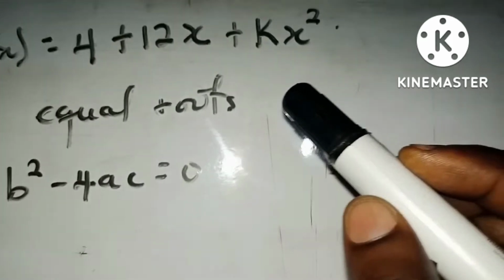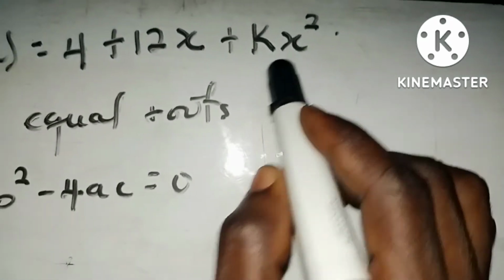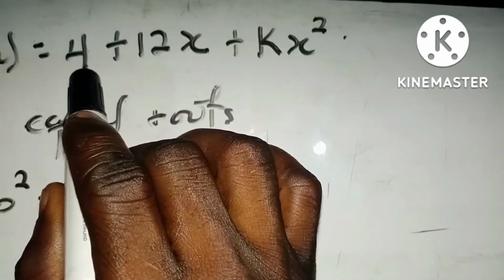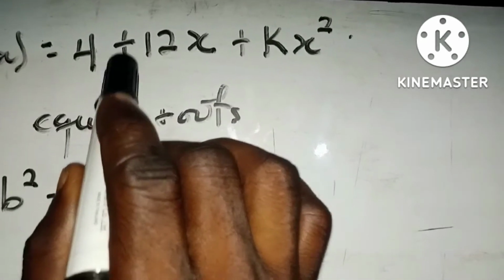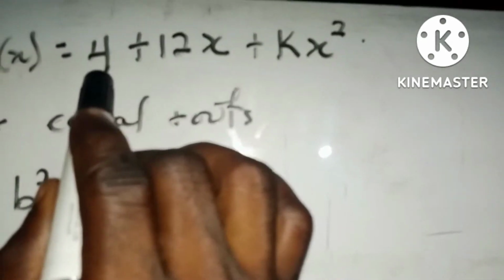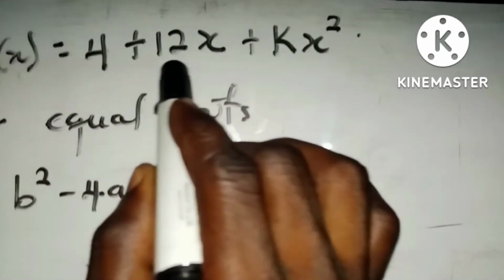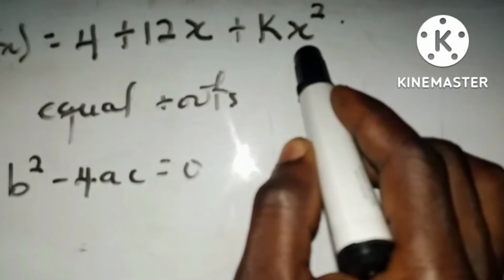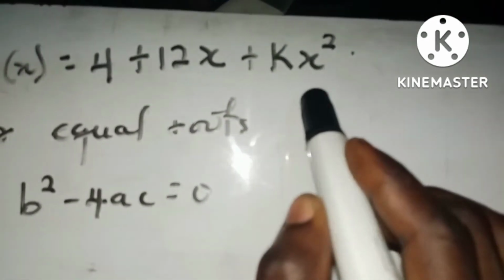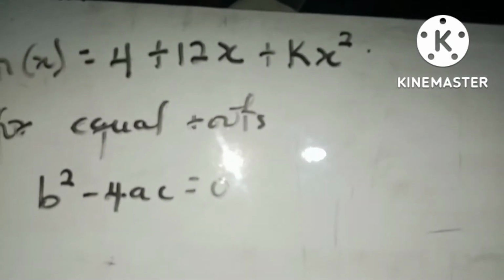In standard form or under normal circumstances, this one has to come first, followed by this, and then finally this one, right? But look at something. They intentionally rearranged this for you to have the constant first, and then the b term as well as the a term here, right? Okay, so pay close attention. You're told from the question that